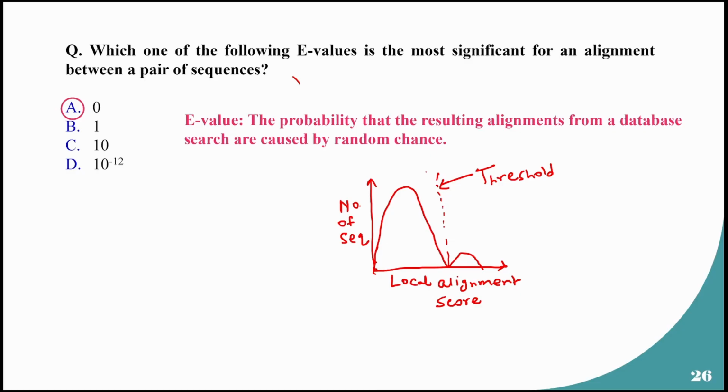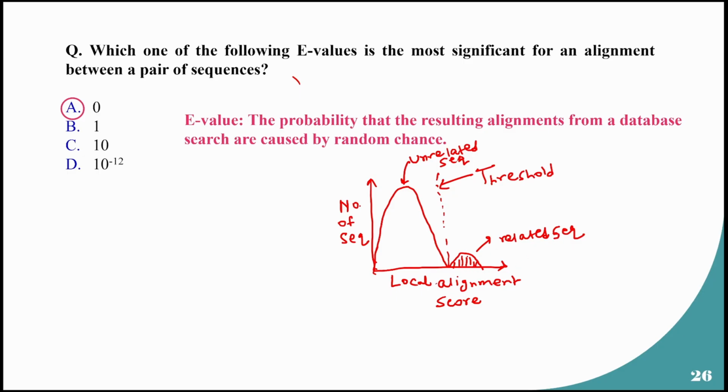So below the threshold value, whatever peak you are seeing, that is unrelated sequences, and over the threshold value, whatever you are seeing, that is the related sequences, right? So of course, this small peak that you are seeing would be the alignment for the related sequences,